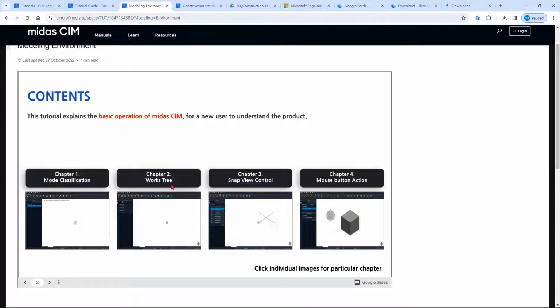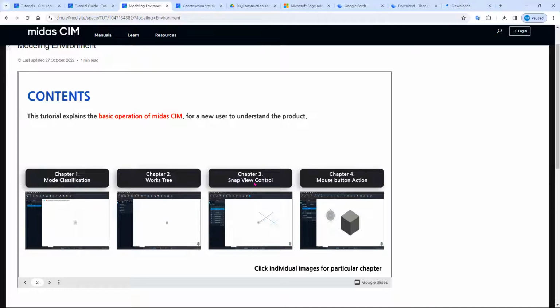And this one is the works tree. Works tree is similar to the tree menu in Midas Civil. So the one on the left hand side or the right hand side to create the table, to create the results, and etc. in Midas Civil, in Midas Gen as well.